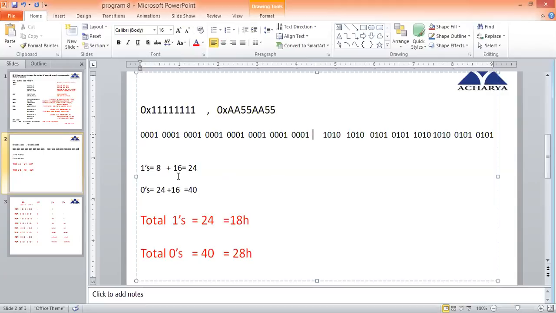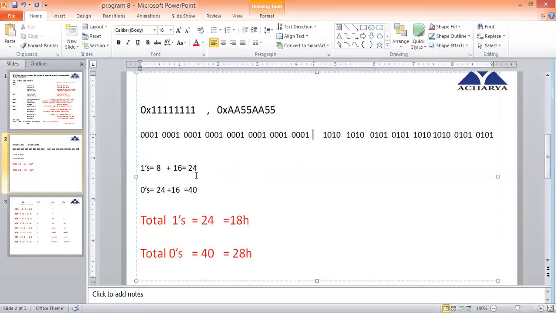So that will be added to which counter? It is added to the ones counter, and zeros, you have 2, 4, 6, 8, 12, 16, 18, 20. So the zeros will be added to the zeros counter. So overall 16 and 16. These are the number of 1s, these are the number of 0s. Now it will be added to the ones counter. So overall, if you take the complete numbers, the counter for ones will be 24, and the number of zeros for the complete two numbers is 40.